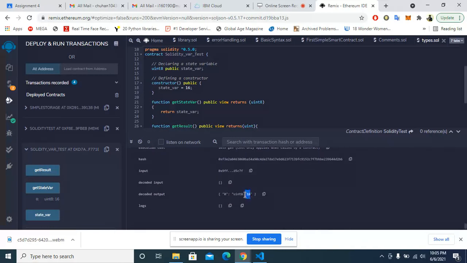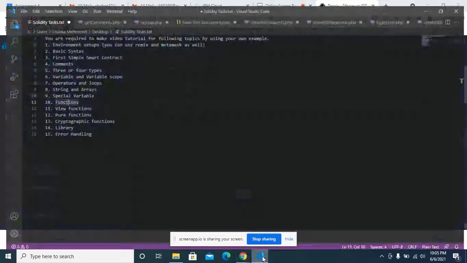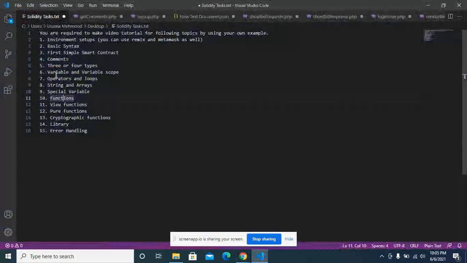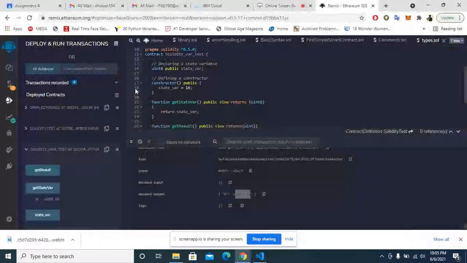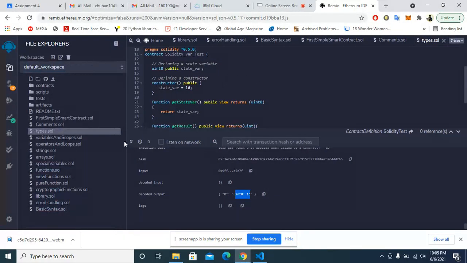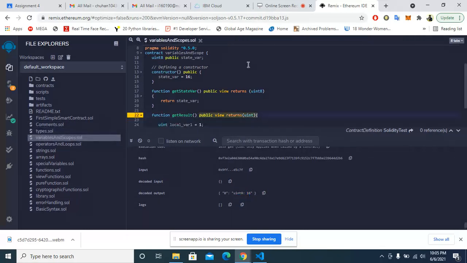Here you can see the output of the get state var function. Coming to the next step, I have variables and variable scope. At this point, I have already covered it in the type.sol file. Let me cover it. Here we have